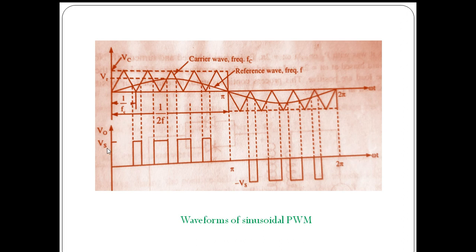Okay, and these pulses will be given from the trigger pulse generators. Accordingly, the thyristor conducts and the load output voltages will be like this. On the output, we are having output pulses. So these are the 1, 2, 3, 4 pulses for the positive half cycle, and these are the 1, 2, 3, 4 pulses for the negative half cycle.